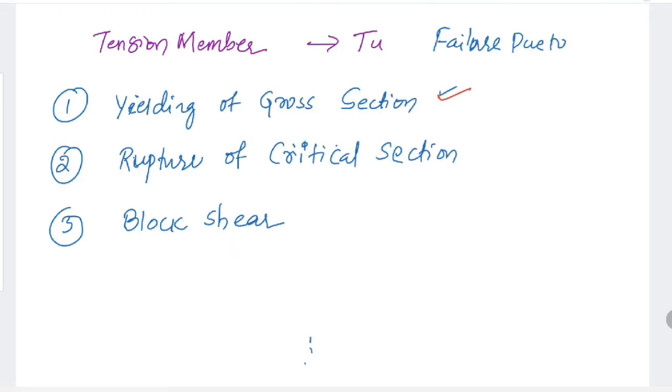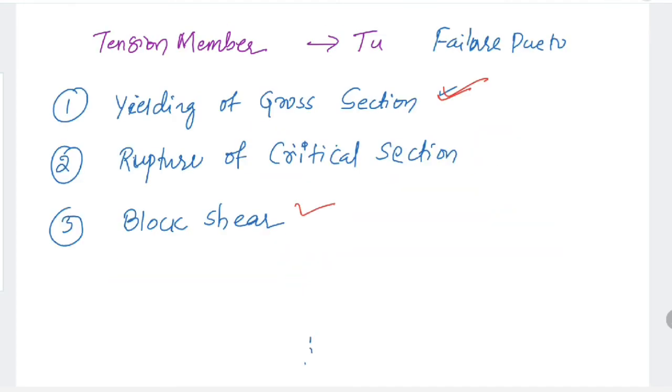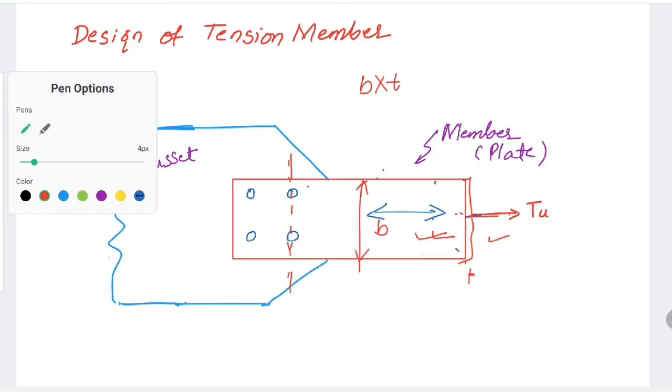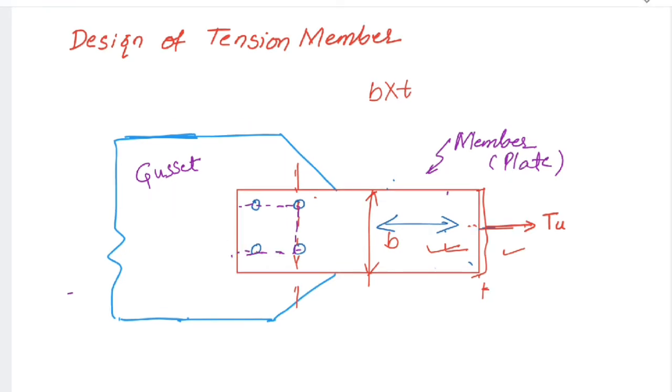And when it comes to the third one, the block shear failure, here what happens is whenever you apply force, the member will not expand, so it will be safe under the first condition, and the cross section failure will not occur, so it will be safe under cross section also. When it comes to block shear, the member will fail along the line of the bolts. This kind of failure we call block shear.